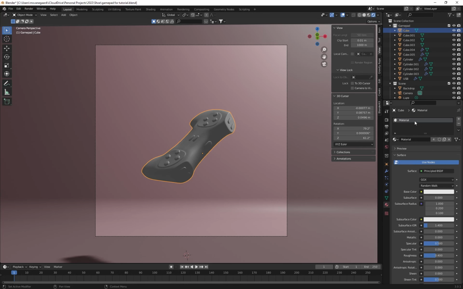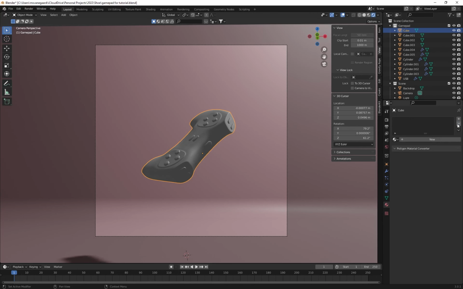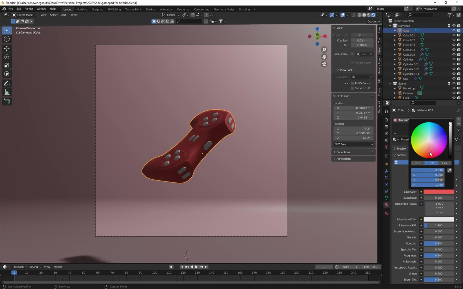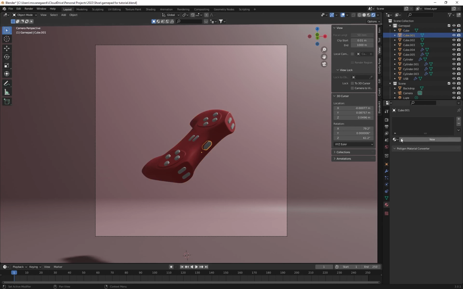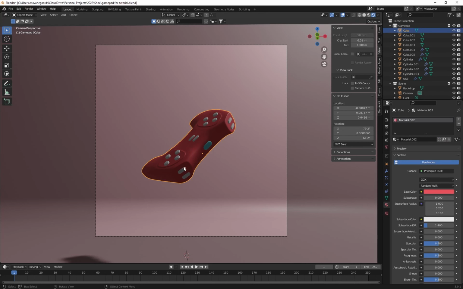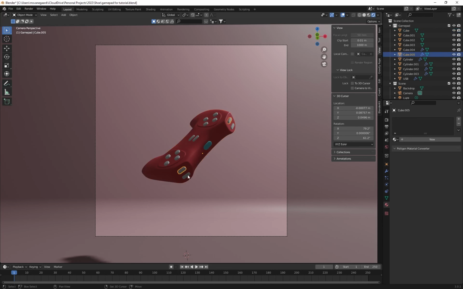Oh, there's already a material here. I don't like that, so I'm going to add my own new material, and of course I'm going to go with something like this. Quite nice. Yeah, quite happy with that. It's very red. And then all the buttons are white, but you can add your own materials to this one, giving it a deep, I don't know, bluish white, and these buttons here could have